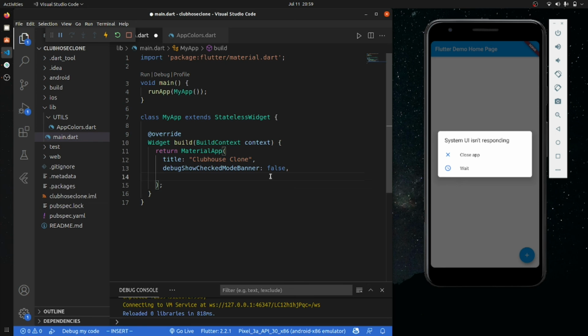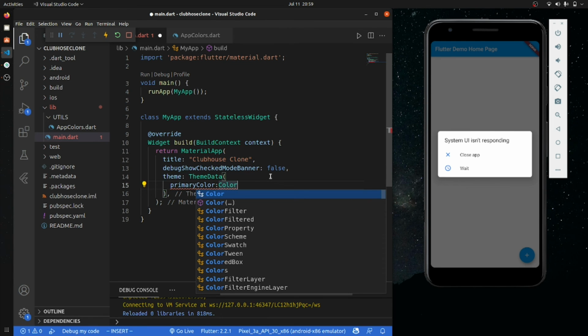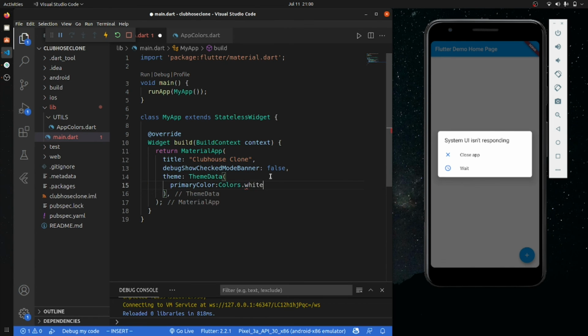So what will be the theme? We will just set the theme, and now I will give the theme data, and inside this theme data I'm gonna give some of the colors. So primary color, and the thing that you are seeing, that is Colors.white.